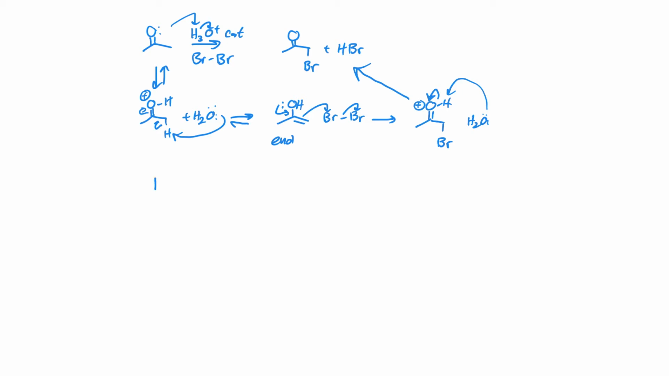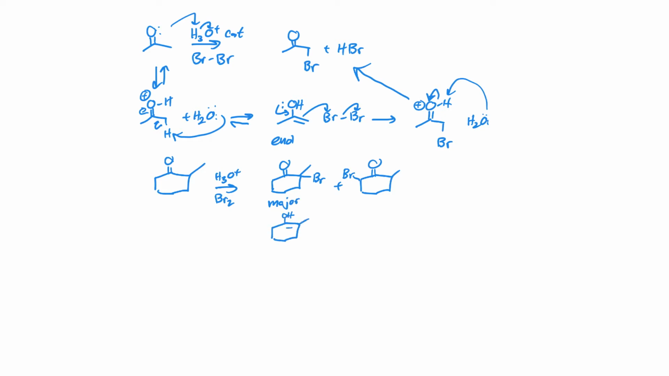If we have a ring, or maybe not necessarily a ring, but an unsymmetrical ketone, such as this one, and we subject it to H3O+ and Br2, we're going to get a couple of options, some regioisomers. Bromine could go on either side, and as you might guess, there is a favored side. This is the major product, and that's because you can see how that enol versus